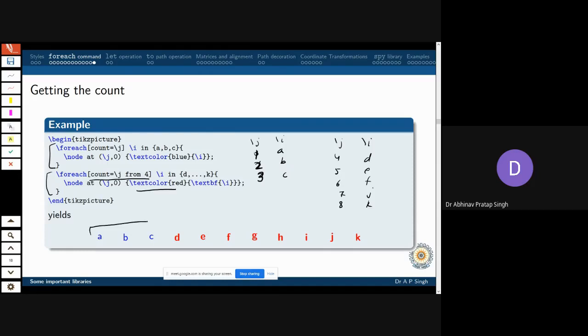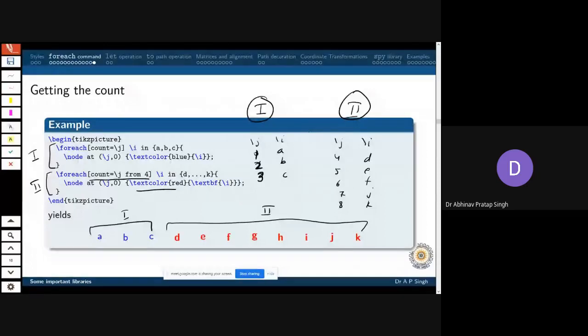So this corresponds to my first loop, which was here, and this corresponds to my second loop, which is here. I hope the foreach loop is okay for you.